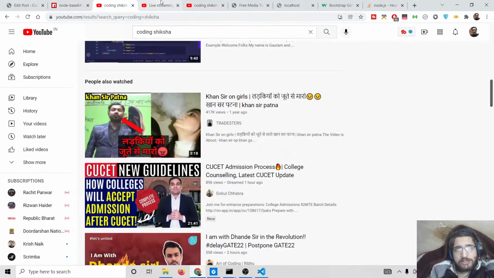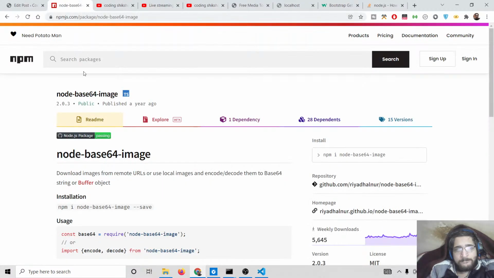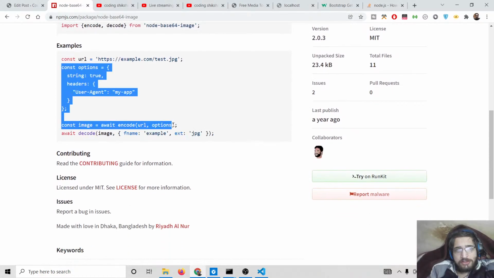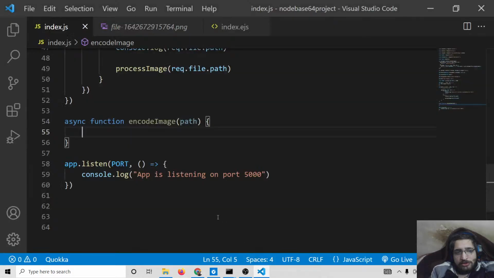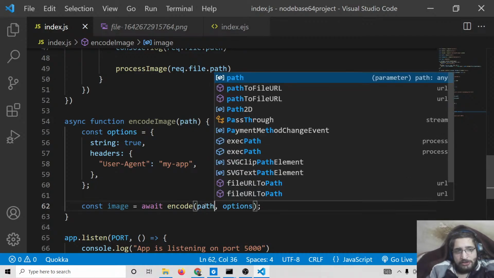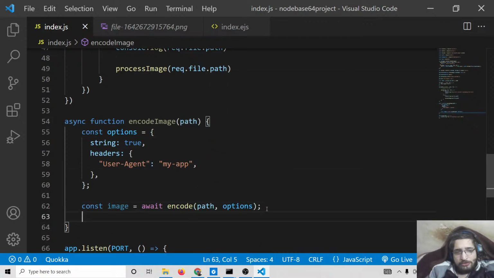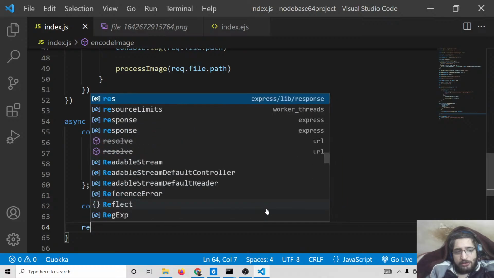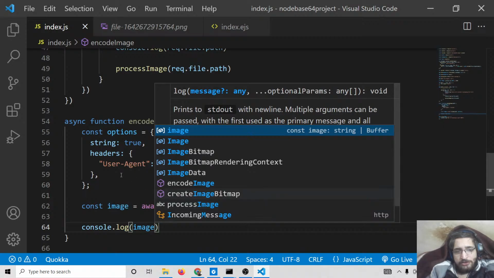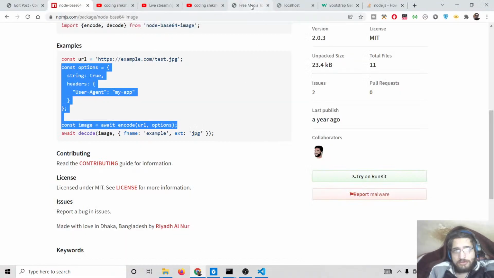After this, if you check the documentation, you can see this is the documentation. So simply you need to copy and paste it inside this function. Instead of URL, we will pass the path. That's it. So now we will return, or let me first of all console log the base64 code, which is image. So if I refresh it,